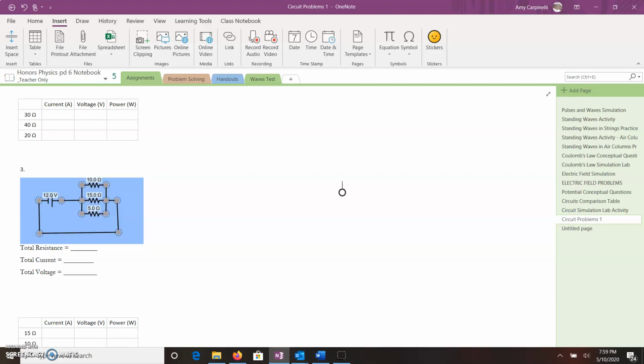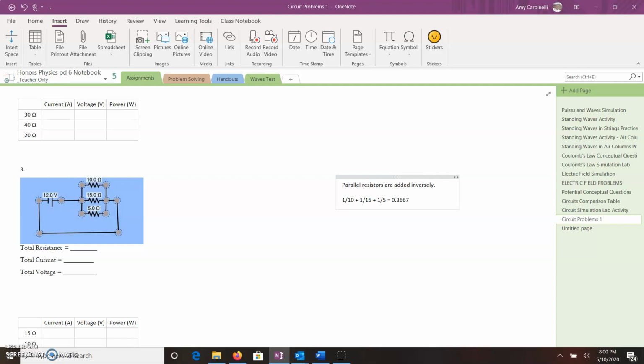Okay, for problem number 3, this is now a parallel circuit. I can tell it's a parallel circuit because I have a big branch here. My current, when it comes in, it splits. It splits and doesn't remain as one till it gets to the other side of that branch. So parallel resistors are added inversely, meaning I take the reciprocal of them. So I'm going to have to say 1 over 10 plus 1 over 15 plus 1 over 5 and get